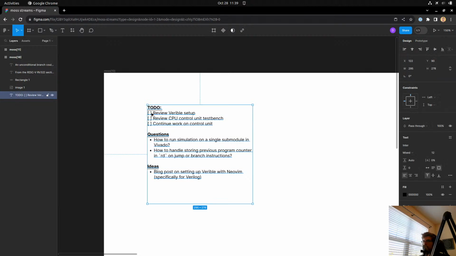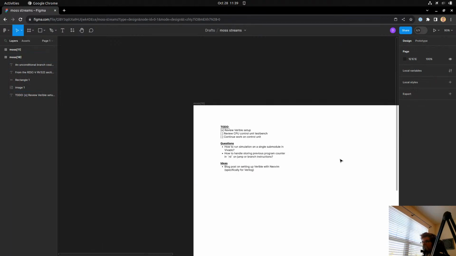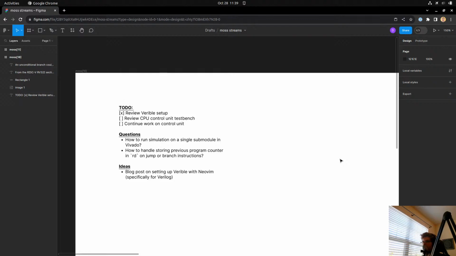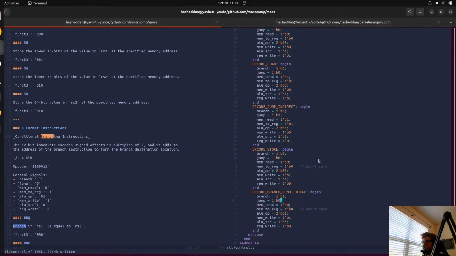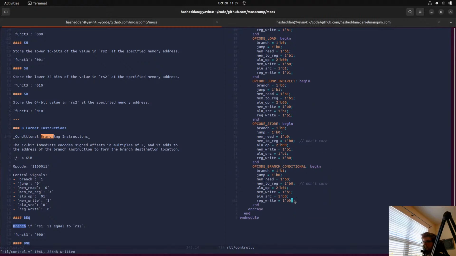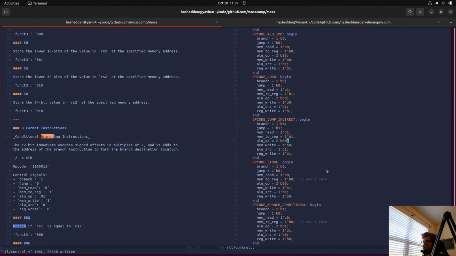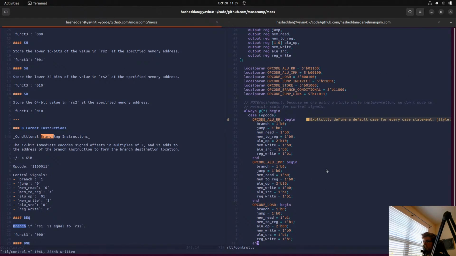All right, also checking in on this, we reviewed the variable setup, also made some fixes, so that's good. Conditional branching, did we go through this? Yeah, 0, 0. Looks good. And jump link is the last one.